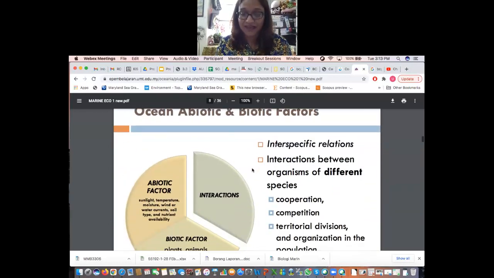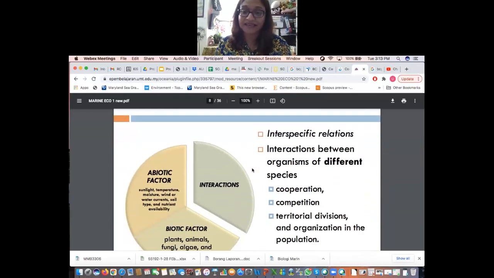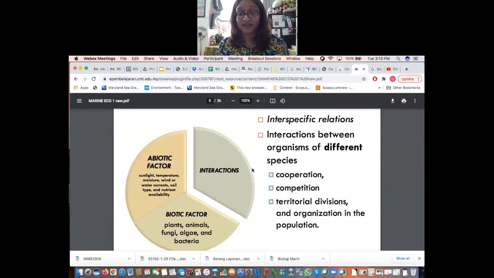So now the next one is interspecific relationships. So the first one is intra. Now the inter looks into different species. Okay, so for different species, you look into cooperation, how one species works with another. This one can also look into competition. And then, of course, you have territorial divisions. So I must say, although some of these points are here, even for same species interactions, they can be quite territorial as well. There are certain,